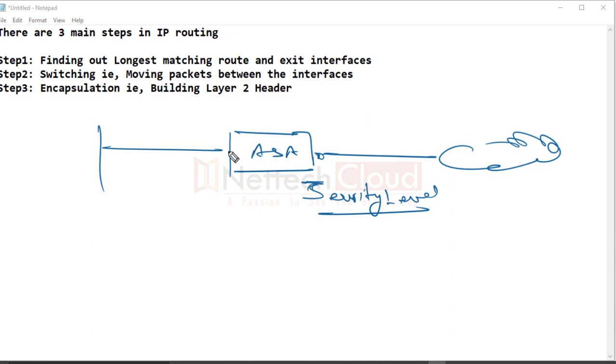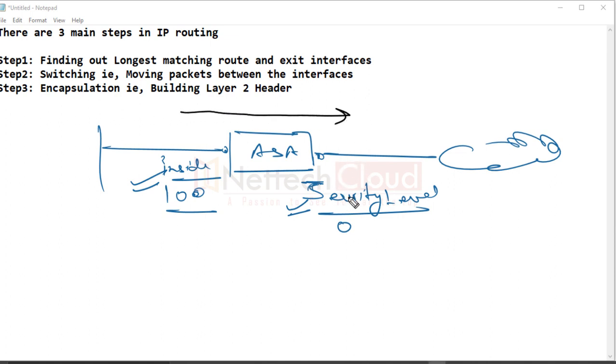So by default, the interface with the name inside is assigned security level 100, and all other interfaces get security level 0 by default. And by default, traffic from a higher security level to a lower security level is allowed to pass through. It means traffic from inside to outside is allowed by default.